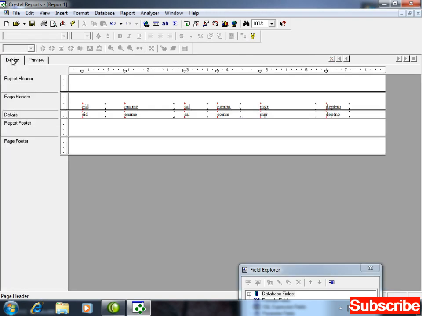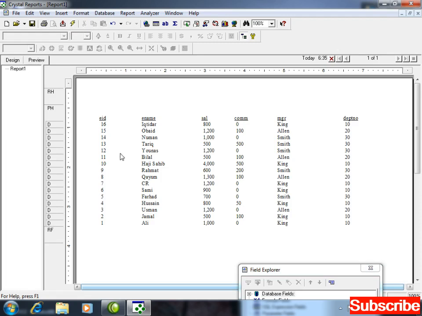Do remember one thing, excuse me. By default, there will be no preview. When you freshly make a report, there will be no preview. So in the design, you have designed the report, right? And when you click on refresh, it will generate this one window for you, the preview. Now watch it out here. 16, 15, 14, and the last one record, you are having the 1.